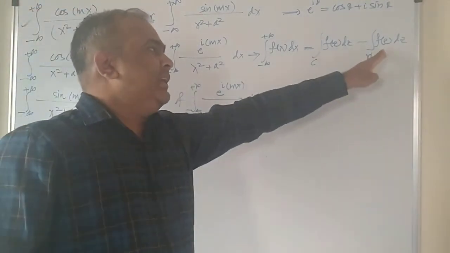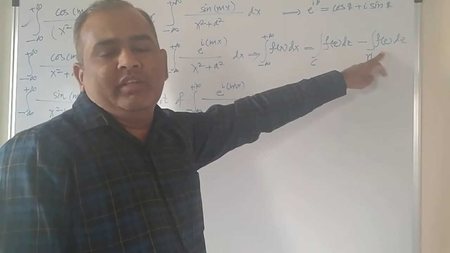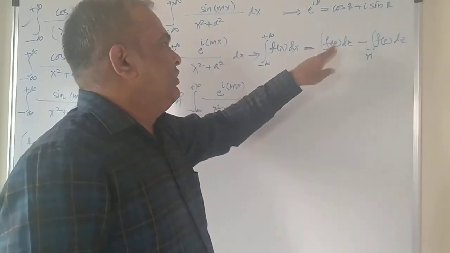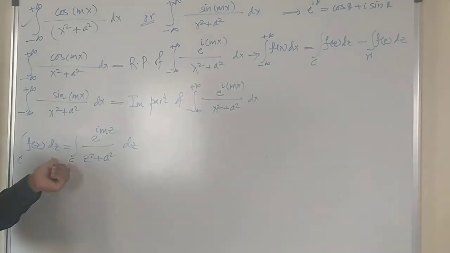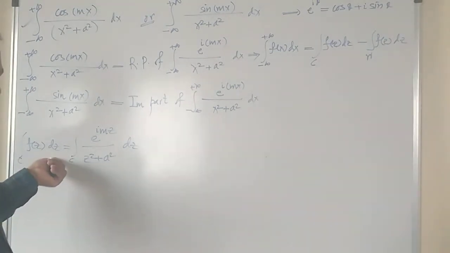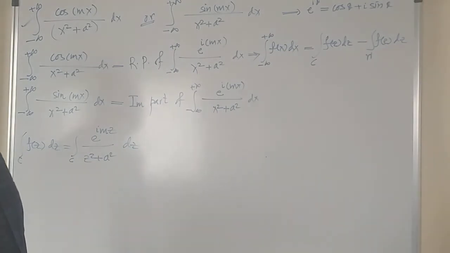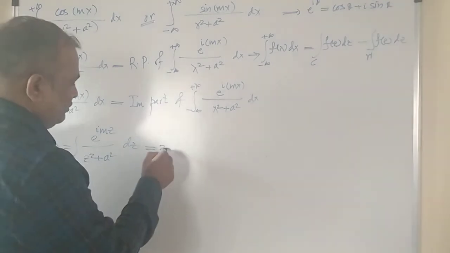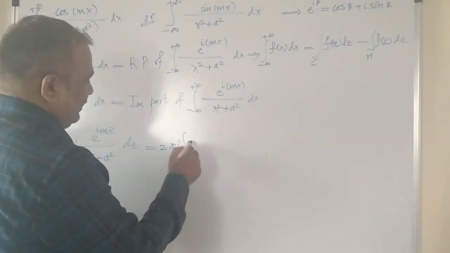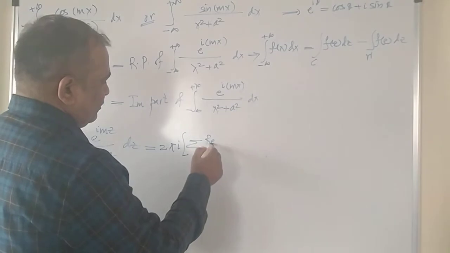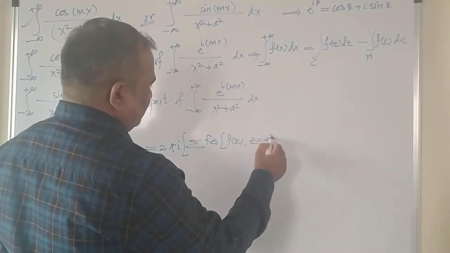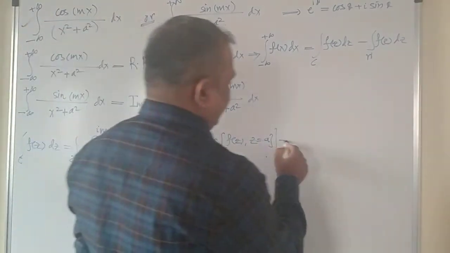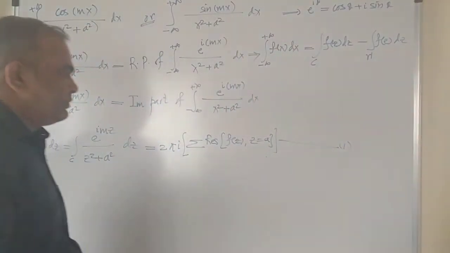Now the other integral over gamma is solved by Jordan's lemma, which we will solve later on. First solve this. And how to solve this integral over the contour C? Find out the residues, and then the solution of this is equal to 2 pi i into the summation of residues. So let me write here, this is equal to 2 pi i into the summation of residues of the function f of z at z equals a. Let me call this equation number 1. Got it?